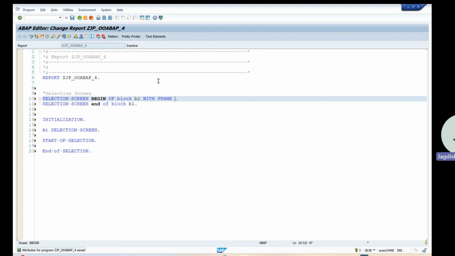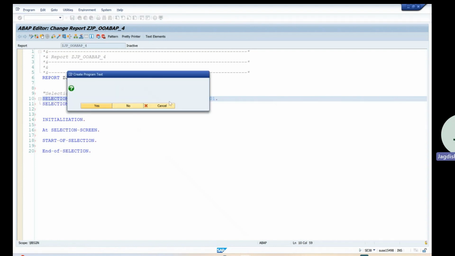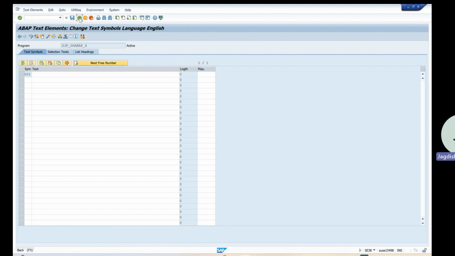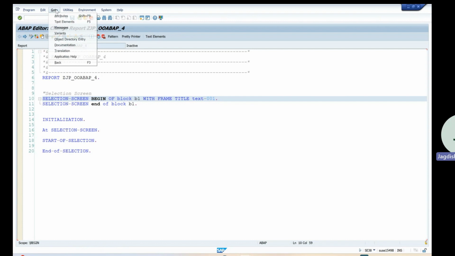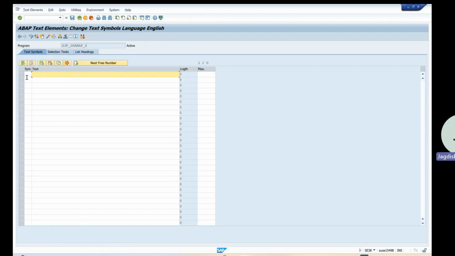We will give it a frame and a title. We'll store the title in text. You can also go to the text from go to text elements and you will see the text. Here you can maintain the text that you want to assign to the frame title. So I'll say sales order selection,